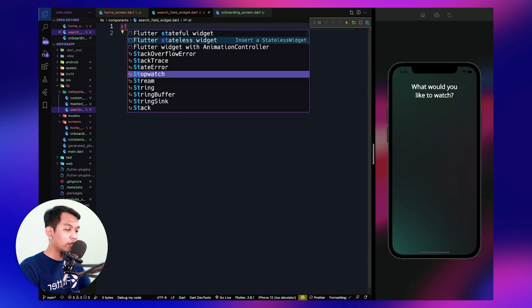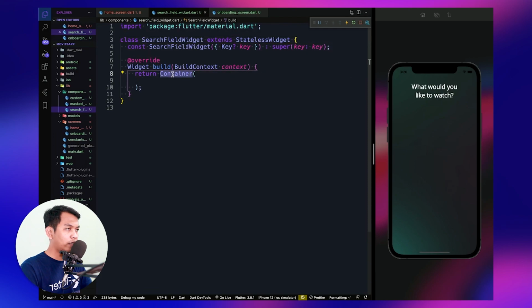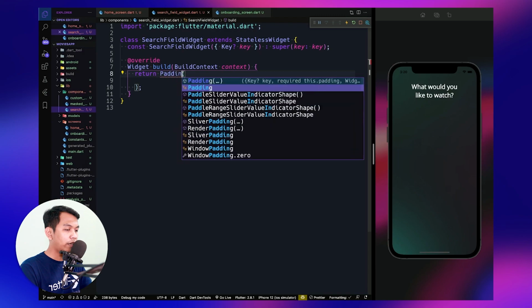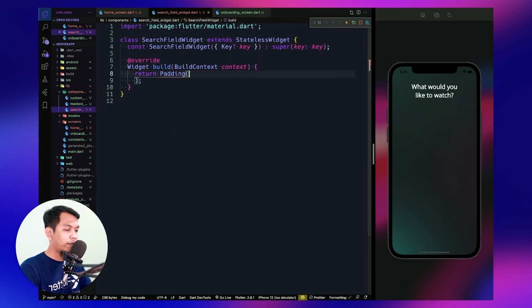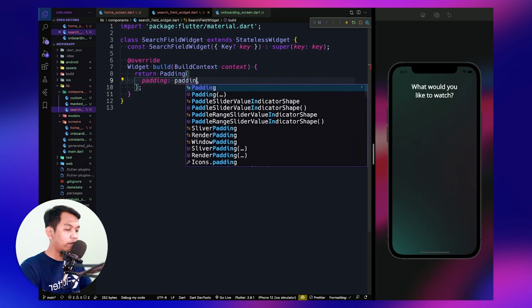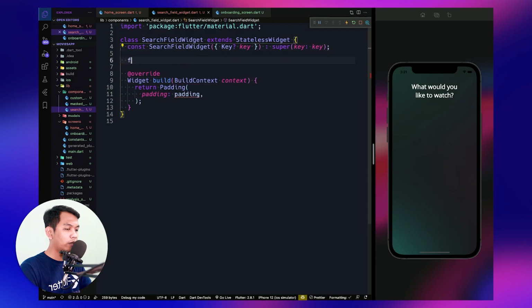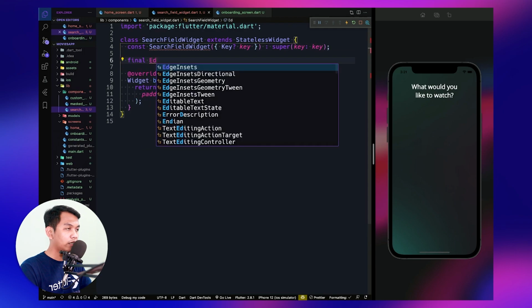will make it stateless. So we name it SearchFieldWidget, and we will import material, and we need to return something here. So let's say we need to return Padding, and Padding has a parameter which is padding, and for the padding we say padding. And the next is we need to create a new variable, name it padding.